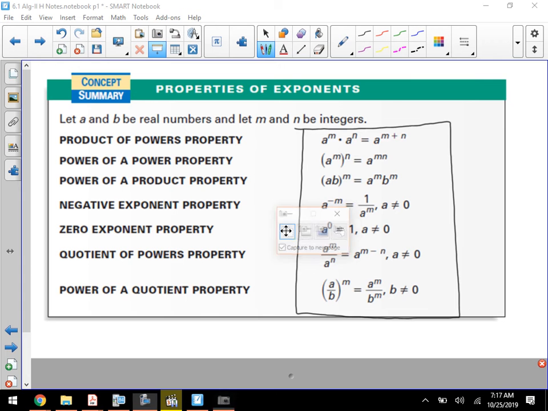And the last one is where things can get a little bit weird. It's written out in such a way that